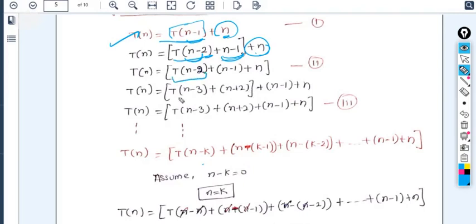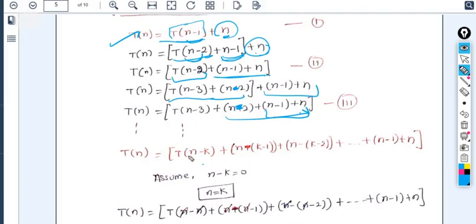So now replace this n minus 2 with T of n minus 3 plus n minus 2. Okay, I'm just correcting it. It's n minus 2. So n minus 1 is there. So this one we have taken outside this. Now we have combinedly written it. No need to add these n's here. You have to write them separately only. Otherwise it will become difficult to solve it out at last.